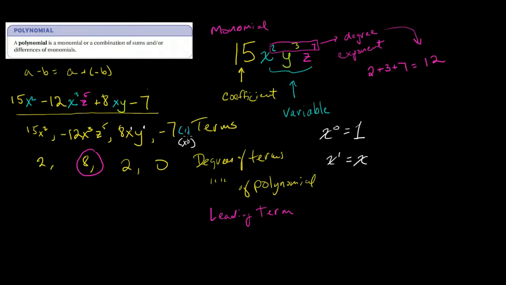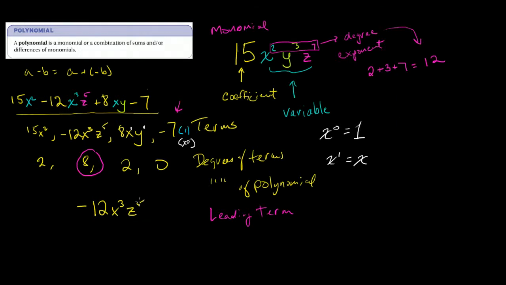So here our lowest degree is a degree of 0. That should be the last term. But which of these should be the first term? In this case, this term here, the negative 12x to the third, z to the fifth, is the highest degree,